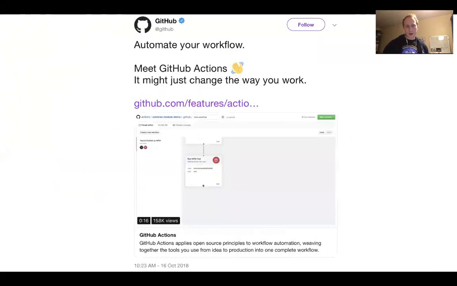This is GitHub, and they just released some proprietary technology called GitHub Actions. But what this enables you to do is to do a CI workflow directly in their UI. So you may be not having to go out to Travis or Jenkins to do that, and you can do it in one place. But again, this is centered around Git as the source of truth.